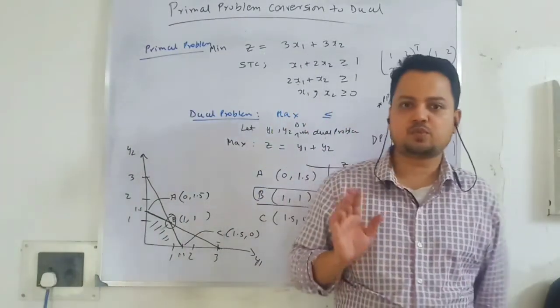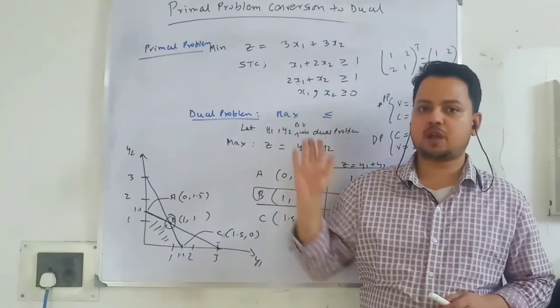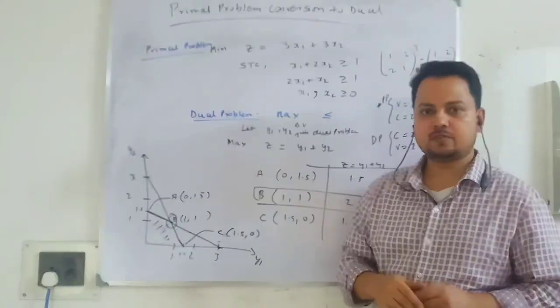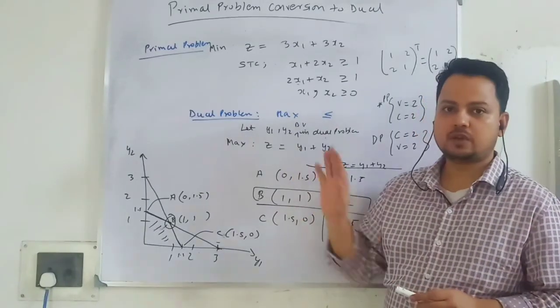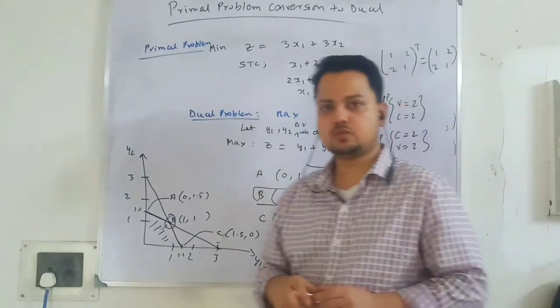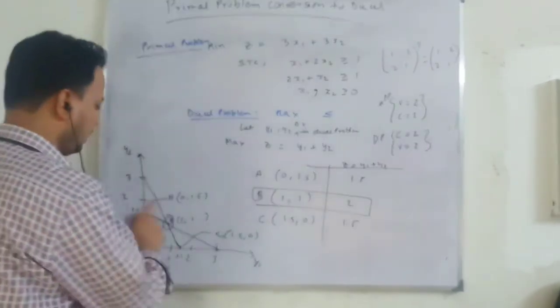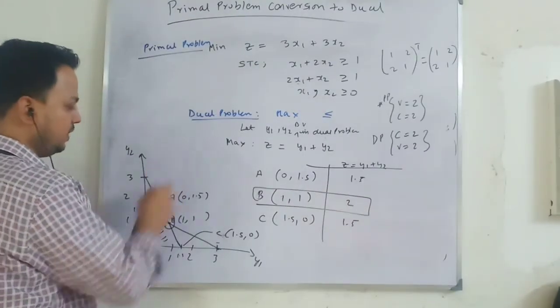Okay. So in this problem, we have converted the primal problem into dual problem, and our primal problem is given in standard form. Okay. So we directly look at the steps of how we can convert that into dual problem. Okay. So in short, remember you have this maximization in the dual problem.